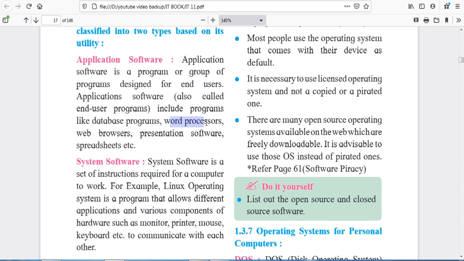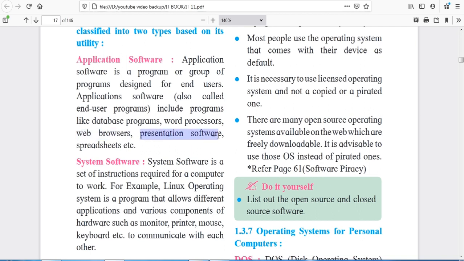On the other hand, you all know what is MS Word, Microsoft Word, that can be used for word processing. Web browsers: here I am using Mozilla or Chrome, that is a web browser. So you can access the internet on your computer.